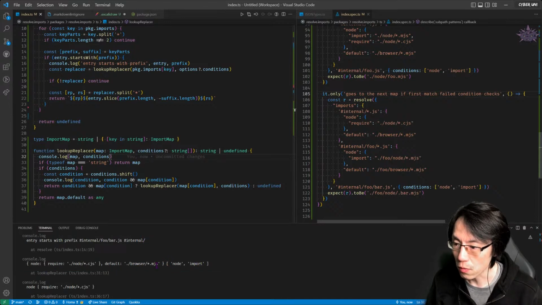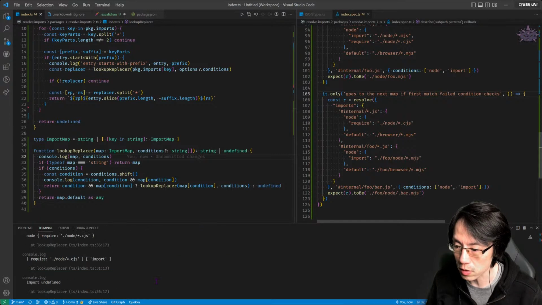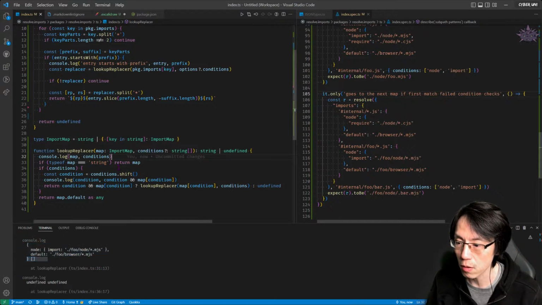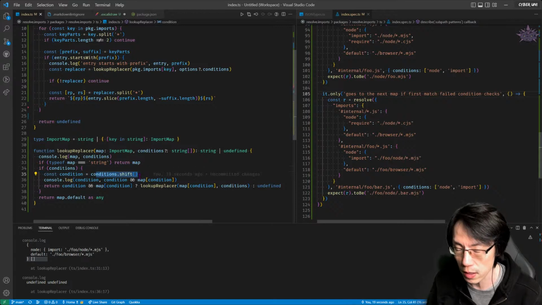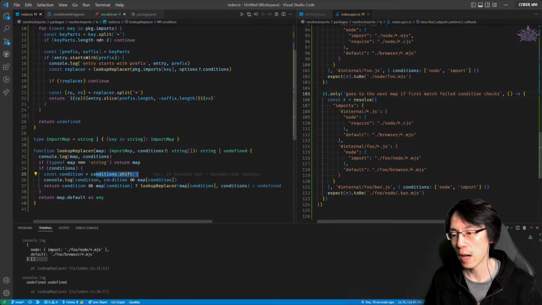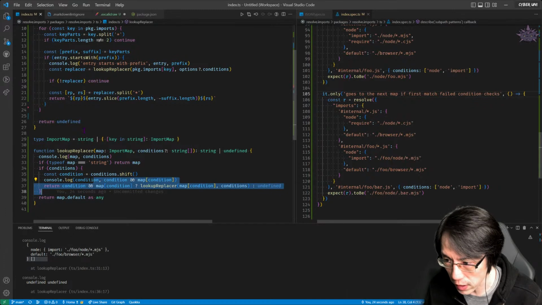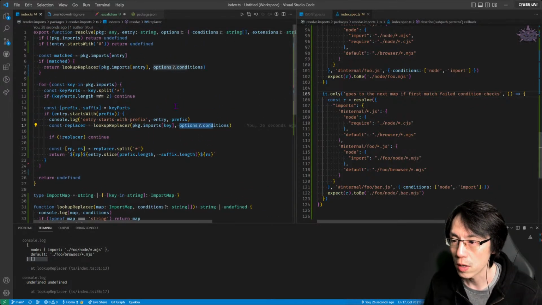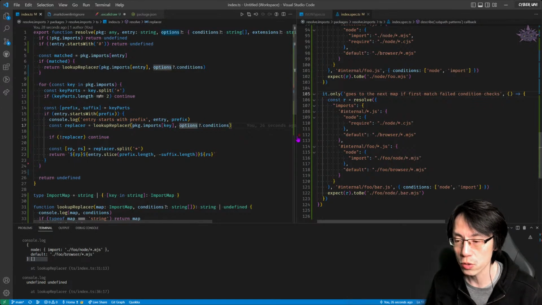Right, so over here, we do see this is the map and this is the condition. And then it gets to the next one, recursive, and then the end, that's why you get empty over here, because the shift is taking out the value in place, which is what we want over here, but not over here. Right, so what we want to do is